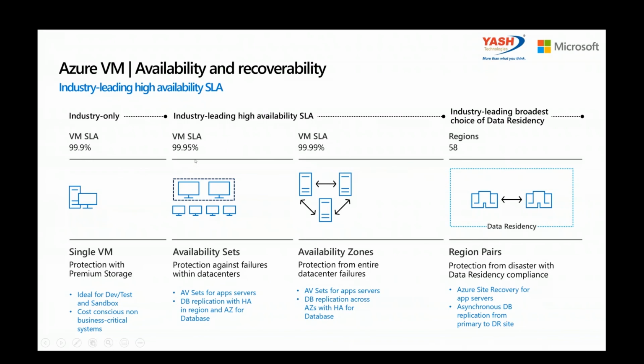As you go along, if your requirements are of a much higher level, you can move along the line here, and you can see in terms of availability sets, we do offer a 99.95 SLA. We have the concept of availability zones as well in Azure. In Singapore, we have 3 data centers, and of course, it differs across regions in terms of what's available. And we do have a unique offering, which is regional pairs. So this is like a failover capability if an entire region goes down. For Singapore, the paired region would be Hong Kong.